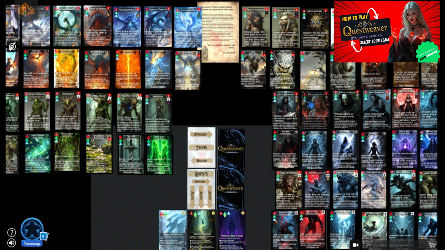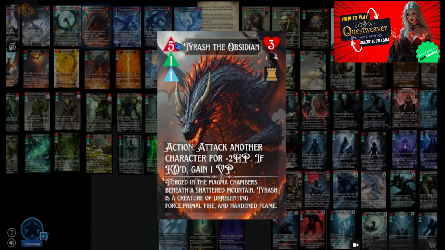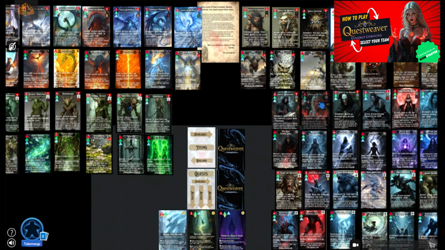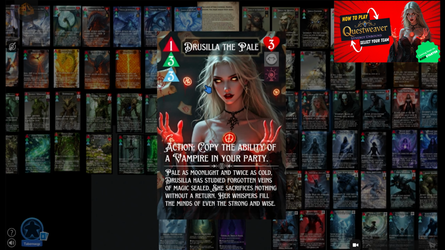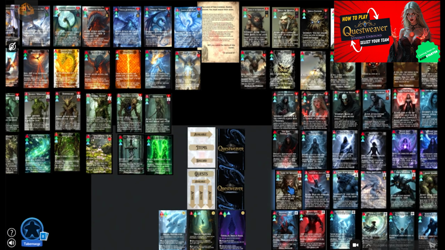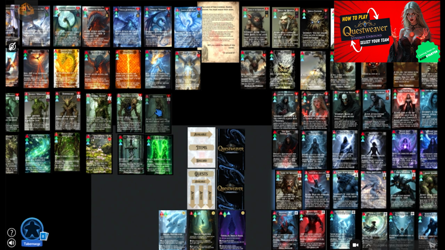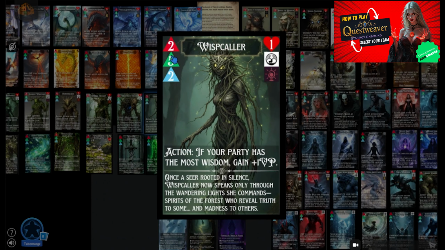Now, each faction has an ability that they do just a little bit better than some of the other factions. For example, our dragons are very good at the power attribute, and our trolls are very good at the health attribute. Our vampires are very good at the wisdom attribute. Our werewolves are very good at the chaos attribute. And our Leshens are the weakest, but they have balance between all the attributes, even though they got the fewest